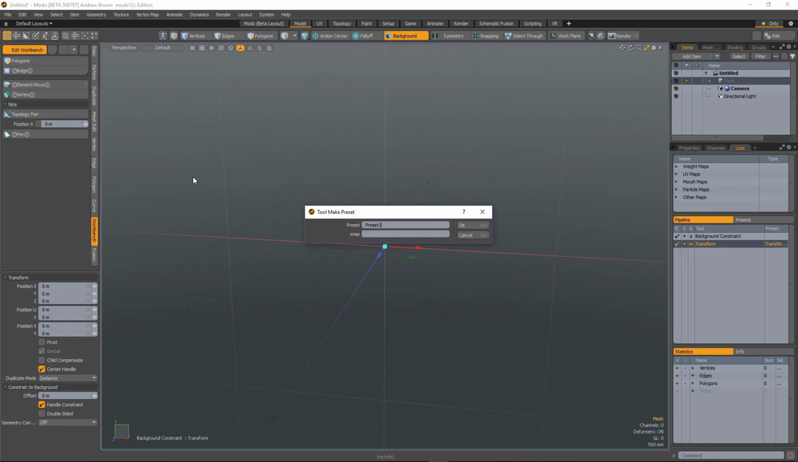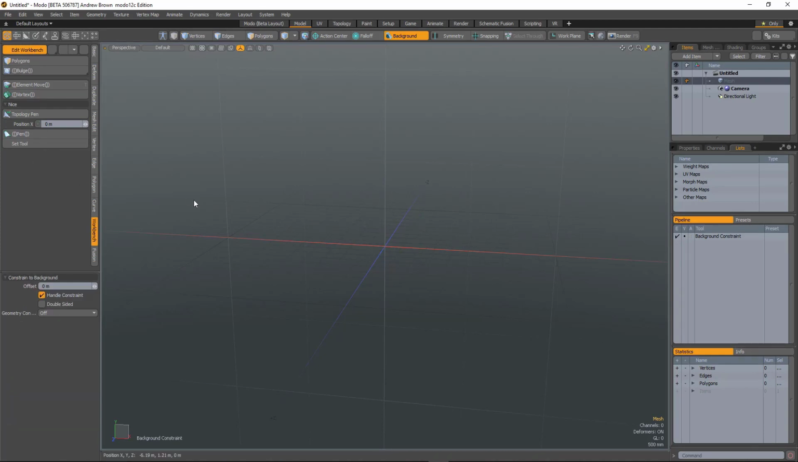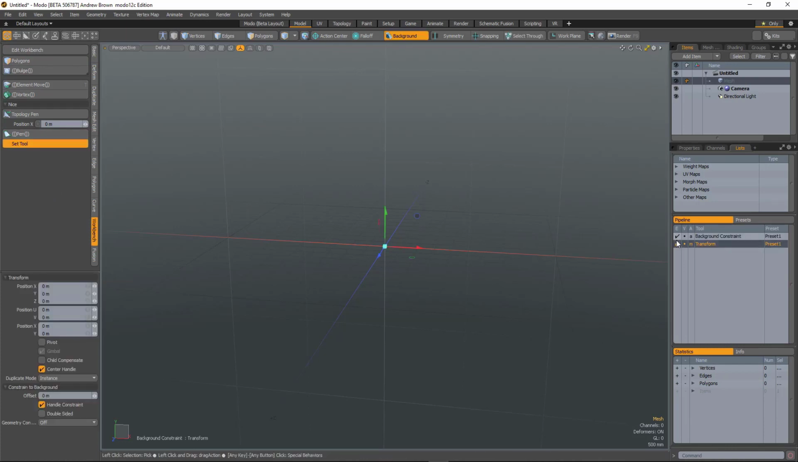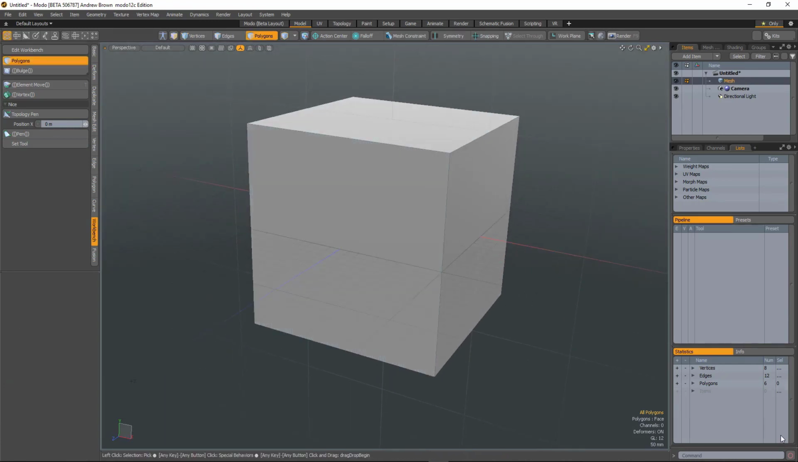It's OK, and that gets added. So if I drop that tool and then click on that, it'll run the preset again. So what about macros? Well, if I record a macro,